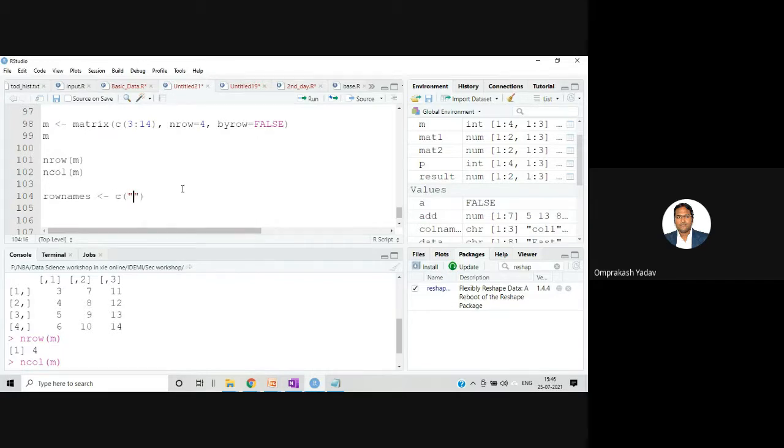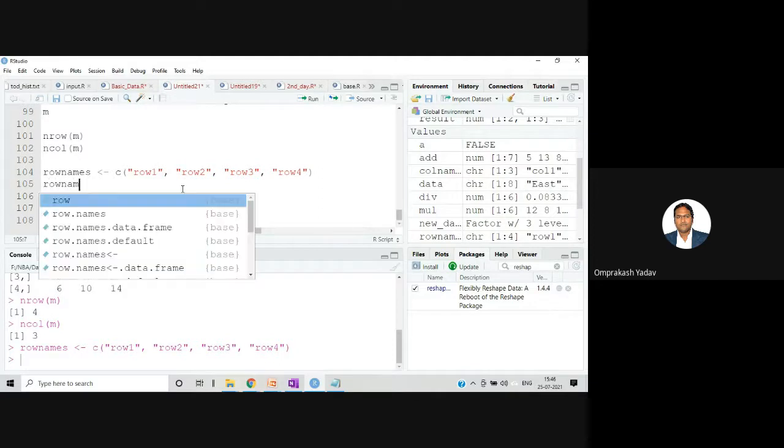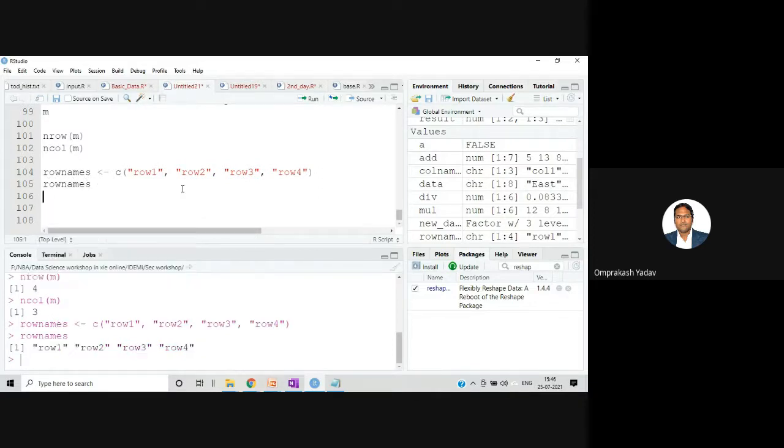Let's say row 1, comma, row 2, comma, row 3. So there are 4 rows, row 4. These names I have given, row names, and I'll display the values. This is a character vector.